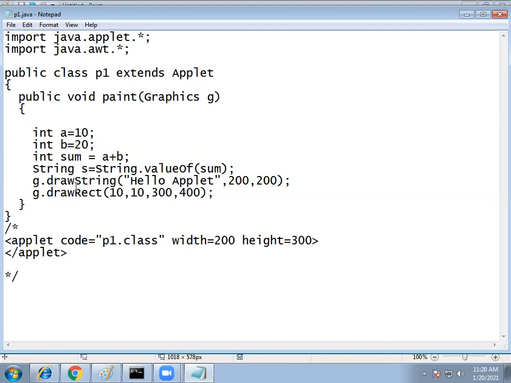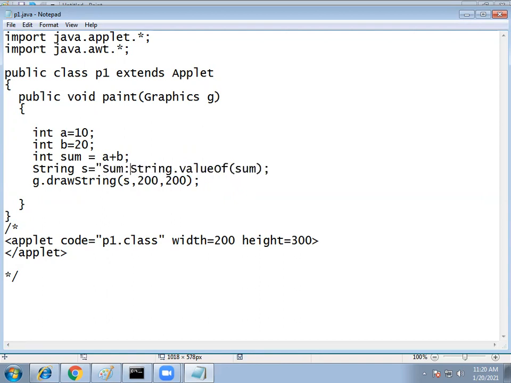Now sum is converted into a string. Suppose you want to print a sum like this: String.valueOf(sum). Now, what type of variable is sum?